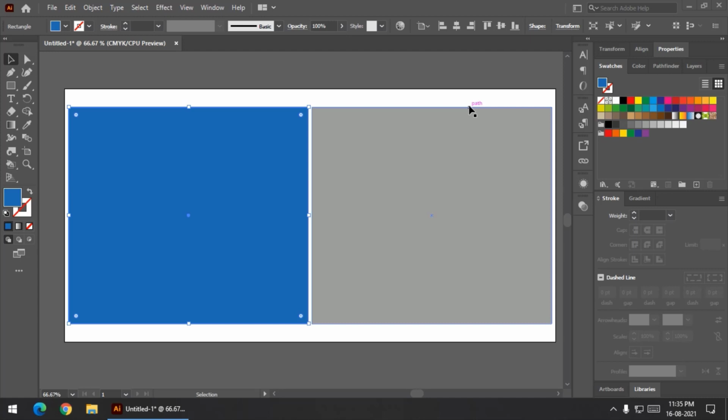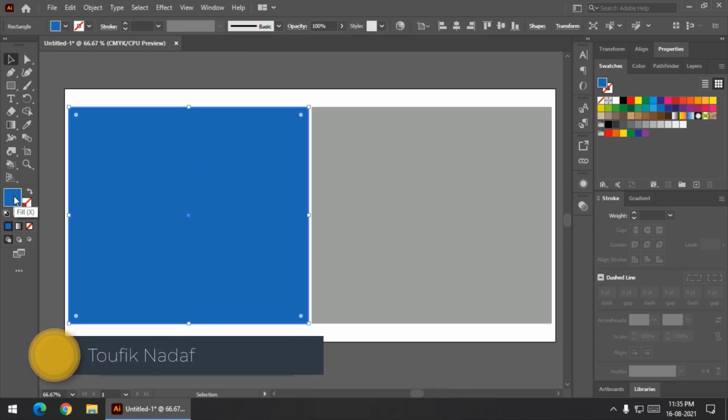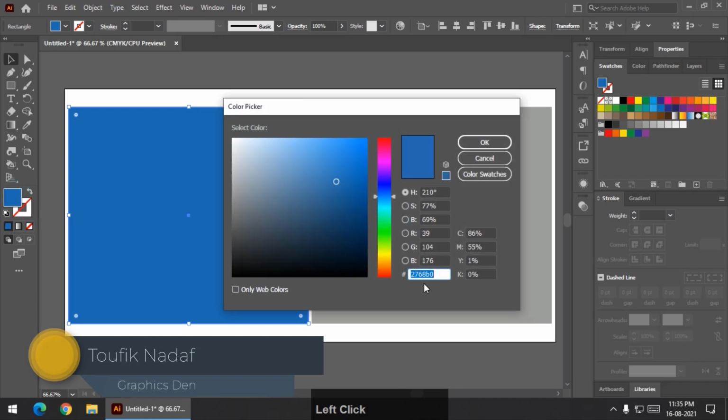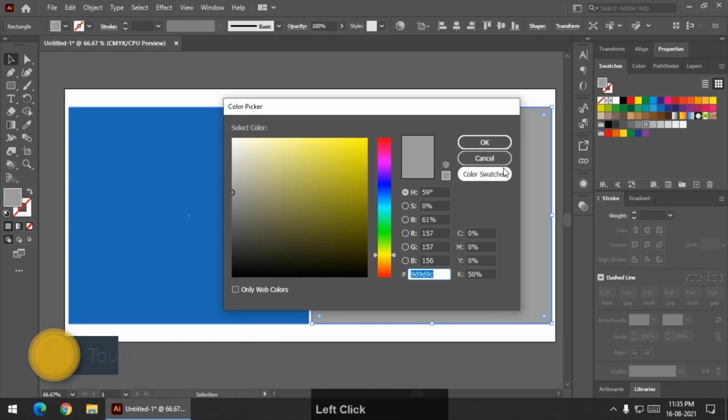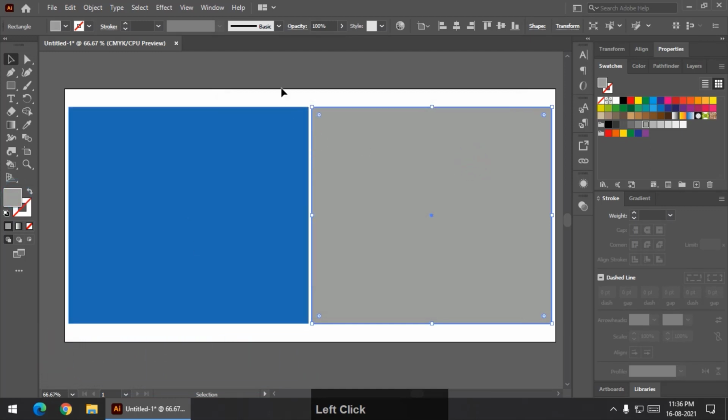So in this video we are going to discuss a very important transparency property which can be very useful while we are printing or designing for printing. So let us see. What I have done is I have drawn a couple of rectangles with different colors, and if you want to know the color codes, I will just show you. So these are the color codes for these particular rectangle colors.